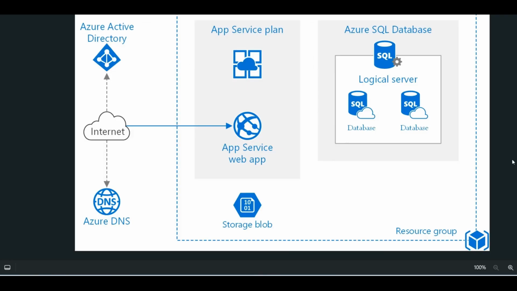Now we are going to see a demo of web apps deployment. As you can see in the diagram, we are going to deploy one app service plan, then we are going to deploy one web app. This will be a simple website with some piece of code, and we are not going to do the